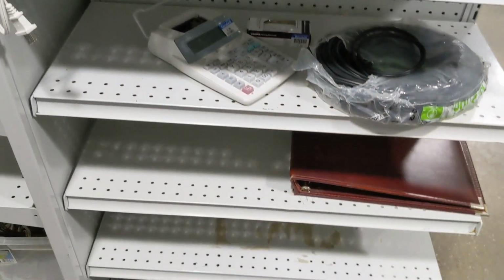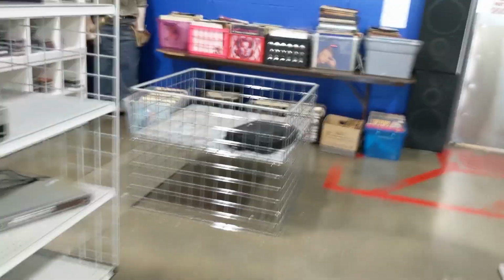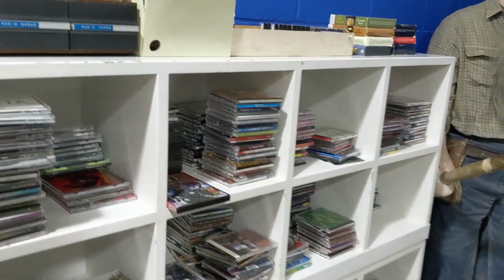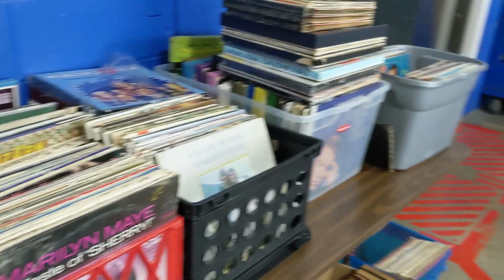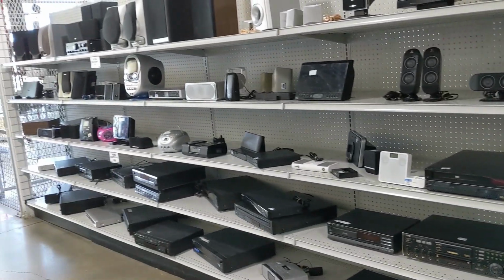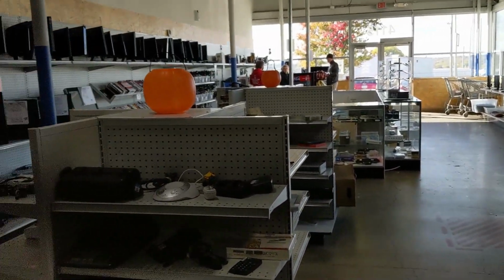They have shelves and shelves. Not a huge place, but big enough, and they've got a lot of random stuff on the shelves. Every once in a while you'll find something that's worth taking home. I was tempted with that Upgrading PCs for Dummies. Let's wander back to the back corner of the store first, where they've got a whole bunch of CDs, a lot of music CDs actually, a few computer games mixed in. Didn't see anything too interesting. They do have quite a few records. I don't collect those, so I didn't really look that closely. And then, yeah, a lot of electronics, VCRs, DVDs. I always look for one of the laser discs, but